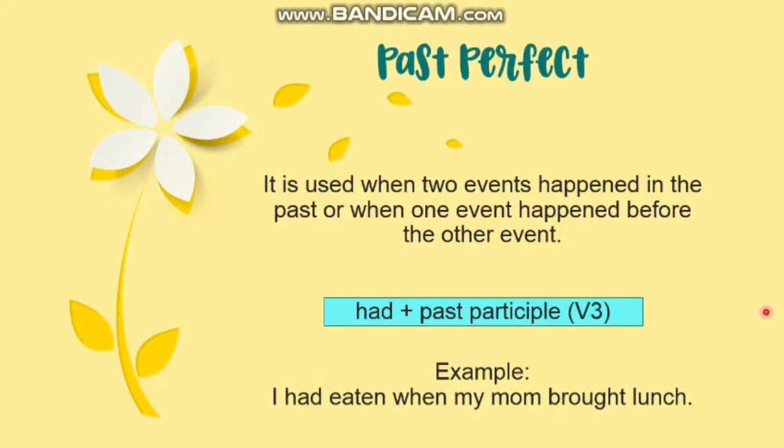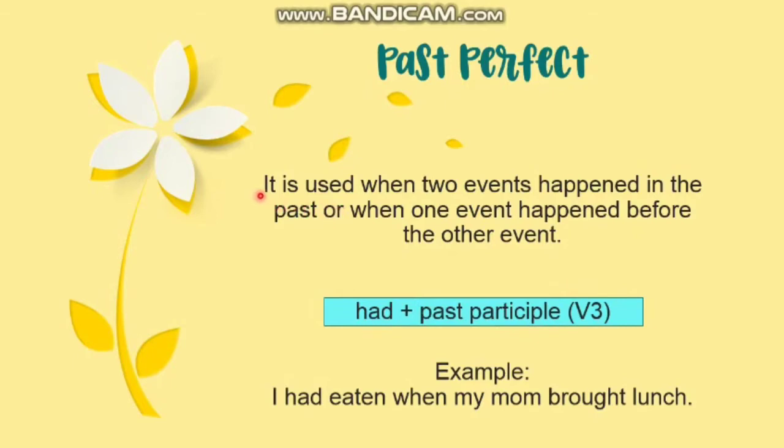And then let's look at the formula. Kalau untuk present perfect itu kita pakai to be-nya have atau has, ya. Tapi dalam past perfect kita pakai to be-nya itu adalah had. And all of the pronouns I, you, they, we, she, he, it itu sama menggunakan had semuanya. And then it is followed by past participle atau verb 3. Jadi kalau kalian menemukan structure atau language features yang ada namanya perfect, itu selalu menggunakan verb 3.